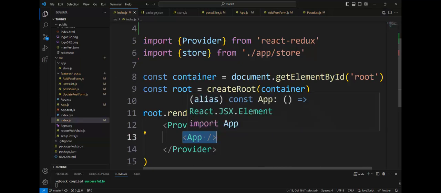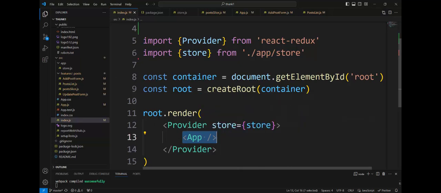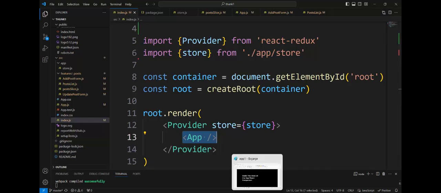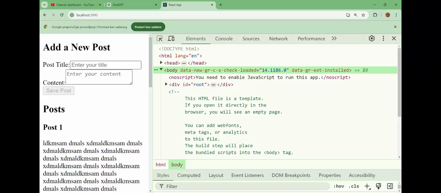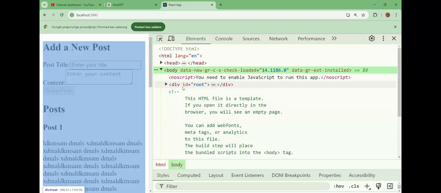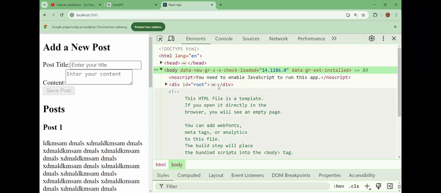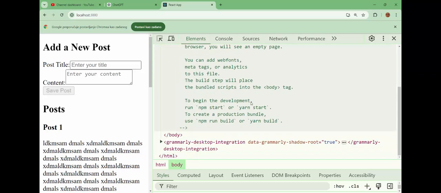Okay, it would be visible. Let's see. It would be visible here in